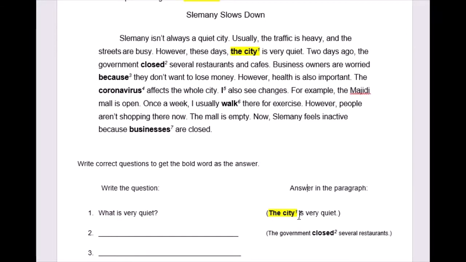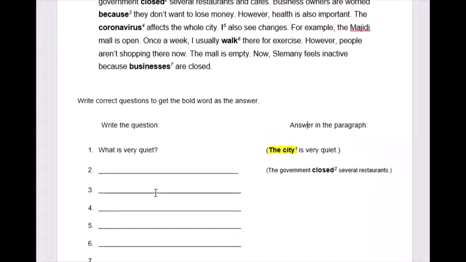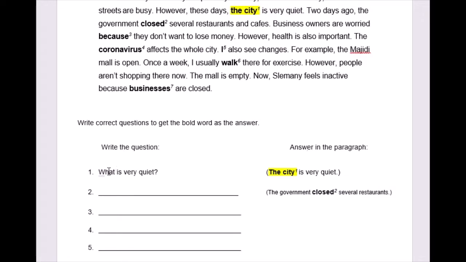So I want to write a question to get that answer. So I have the city, and I can write my question. What is very quiet? The city is very quiet, okay? So that's the answer to number 1. We'll do number 2